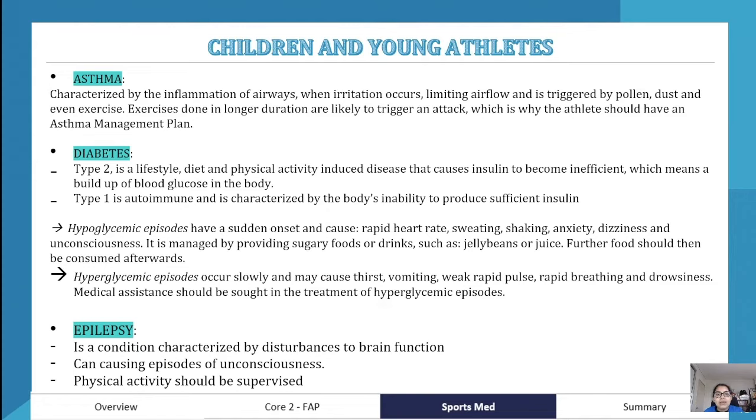Type 1 diabetes, on the other hand, is an autoimmune response, and that is because the immune system doesn't recognize the body's own cells, and so that is characterized by the body's inability to produce sufficient insulin in order to control and regulate the glucose levels in the body. So in either case, the coach obviously needs to know what is happening, but firstly they need to make sure that